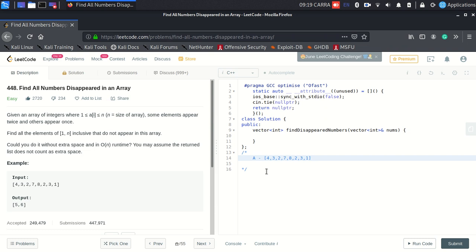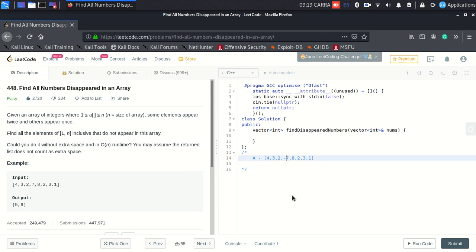Let's say I go to 4, the first element right over here. I want to record that I have seen a 4 in my array. So what I will do is change the fourth element of this original array to its negative. So I'll go to the fourth element, which is 7, and